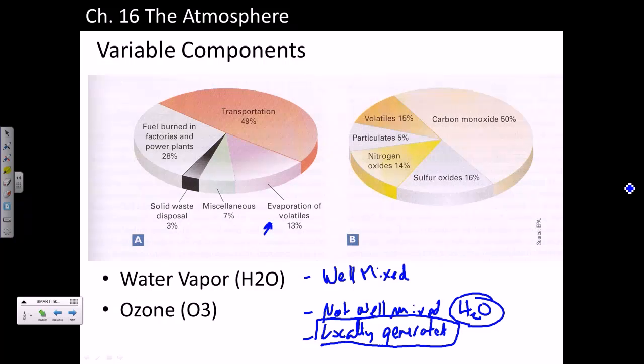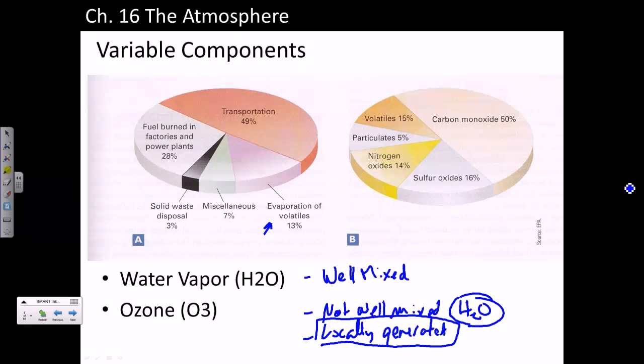So if you ever painted anything, interior or exterior on your house, or maybe you do this as a job too, you know that there's gases coming off of those paints. And so those are the sources of volatiles. And the gases are there to keep the paints liquid, and as the gases evaporate into the atmosphere, the paint dries, right? The distribution of these is in the pie chart on the right.